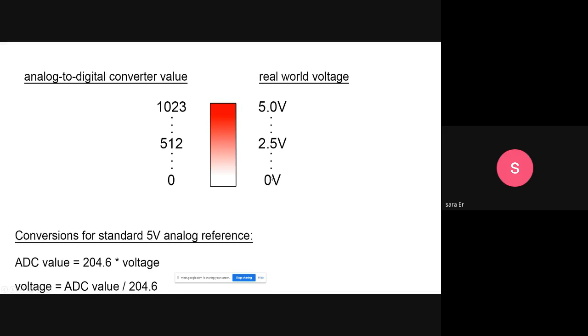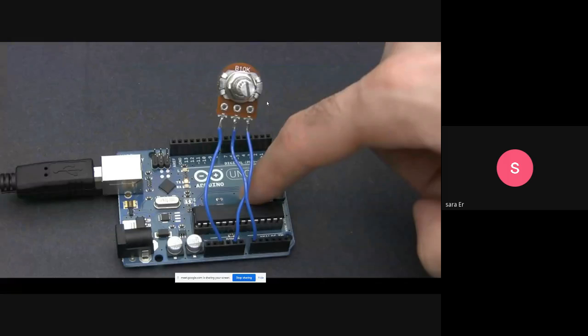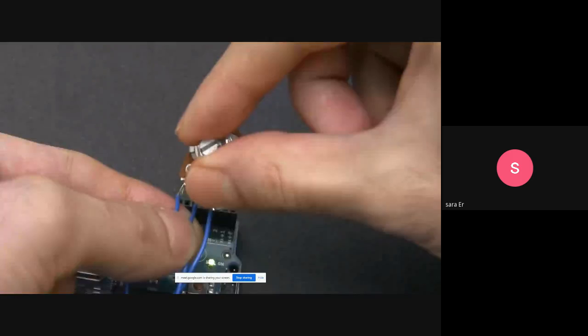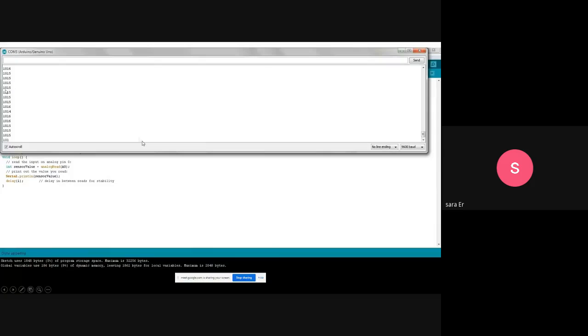We have voltage from 0 to 5 because the input-output port of the Arduino couldn't be bigger than 5, because the operation of the whole board is performed by using 5-volt voltage, and therefore the input-output port of the Arduino couldn't be bigger than 5 volts. But here we see numbers much bigger than 5.